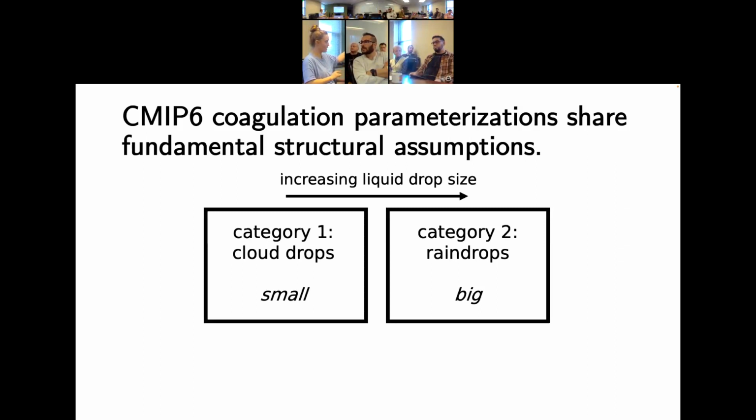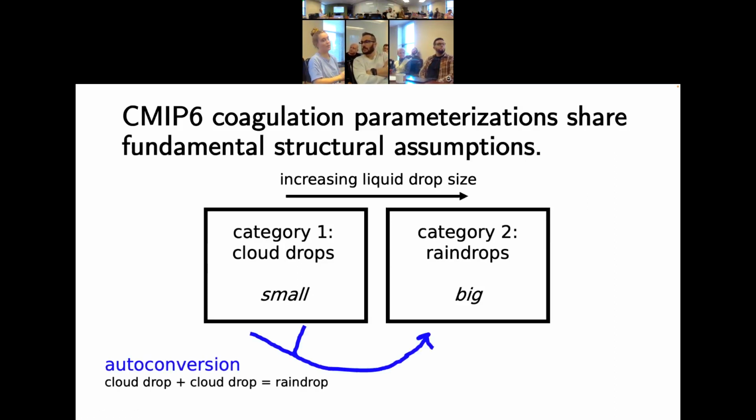Basically, we have two size categories of drops. One is small drops that we can call cloud drops. The other is big drops that we can call raindrops. Once we've reduced our continuous range of drop sizes into two categories, we have a lot simpler